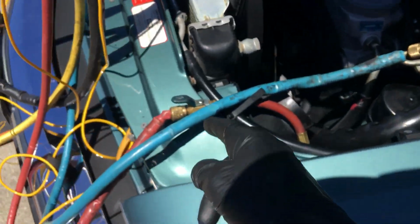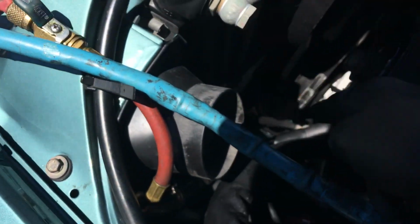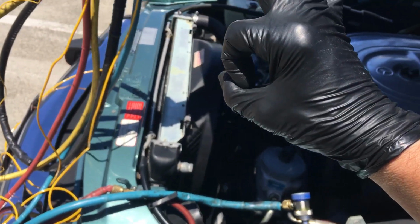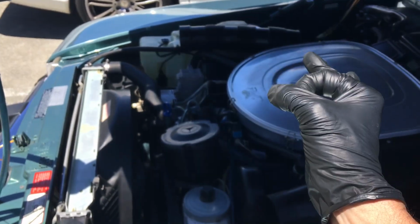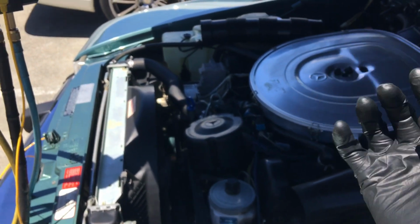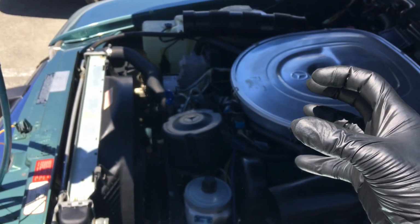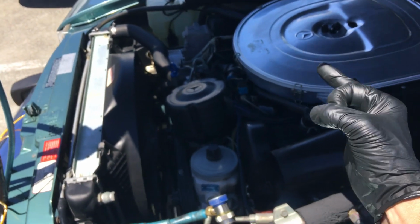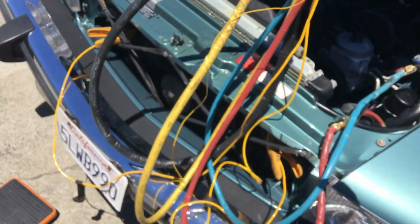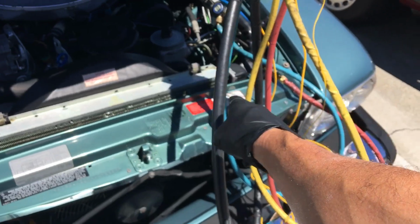Now our travel comes right to here. Then we have a rubber hose down there. Then from that rubber hose, the line goes over the top of the condenser. It comes down a metal line, and then it goes into a large muffler. And so we have all that circumference of the muffler, pressure drop, and metal surface to cool down. And then it comes out from a line underneath, and the line comes down, back up, and it goes into the compressor. So you have all that area to dissipate heat, and I'm still getting 180 degrees, roughly 3.5